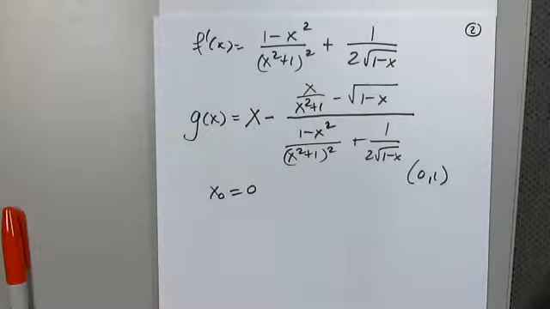Let's see what I did. x minus x over x squared plus 1, correct. Minus square root of 1 minus x, yes. Parenthesis outside, yes. Left, yes. Right, yes. Okay, that's the denominator, what I did. Parentheses, 1 minus x squared, yes. Divided by x squared plus 1 squared, yes. Plus, yes. 1